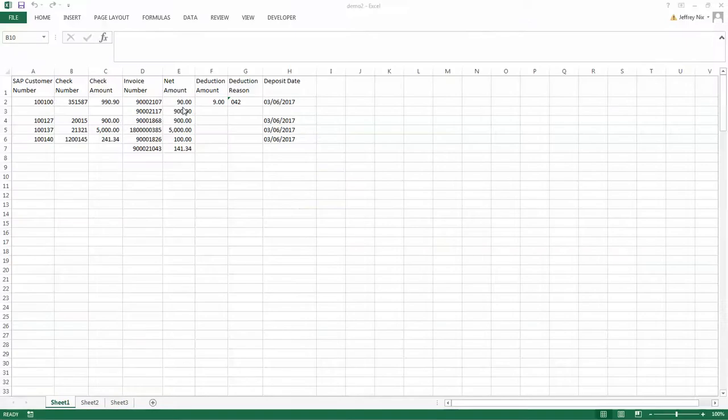We'll begin with a template providing a number of pieces of information. For example, what's the customer number that's paying us? What is that payment reference? Could be a check number, could be a remittance file information. What is the amount of that payment? The invoices that the customer is paying, as well as the net amount, any deductions they may have, any reason